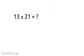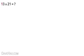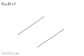As we can see, the first digit in this equation is 1, which means we draw one straight line diagonally like this. The next digit is 3, so we leave a little space, then draw 3 lines parallel to the first one like this. After the multiplication sign, the first number we have is 2, so we draw 2 lines